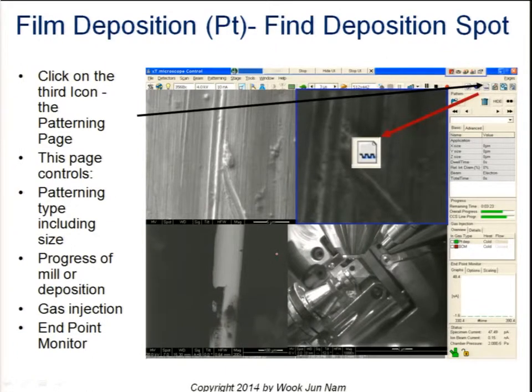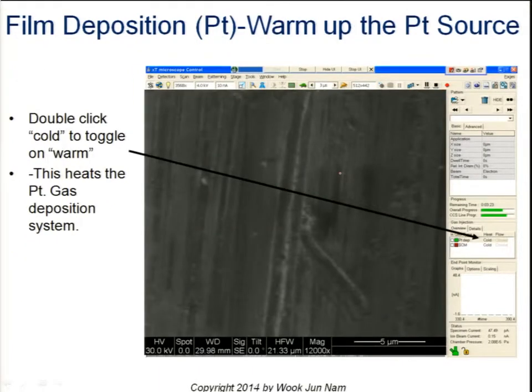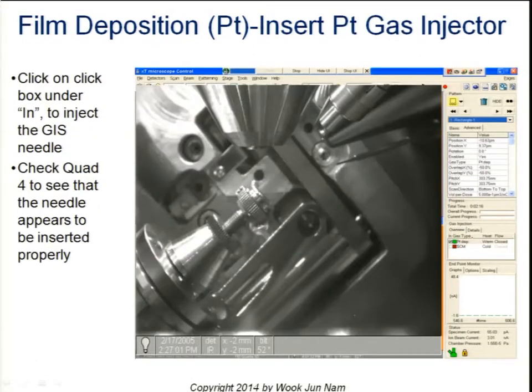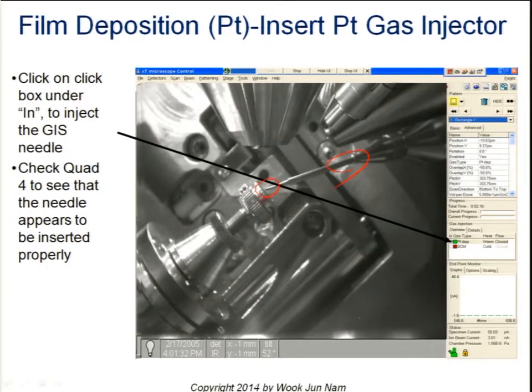So the deposition of this metal layer is as easy as this. You first find the eucentric point, and then you insert the connection flowing the source gas, and this is the gas injector for the platinum. As we put it in, it approaches very close to the sample stage. And then as we select,